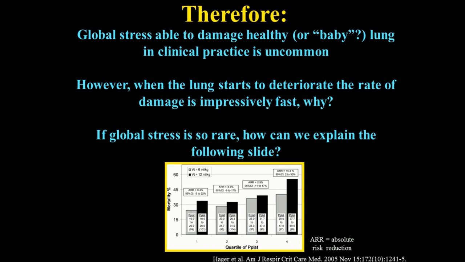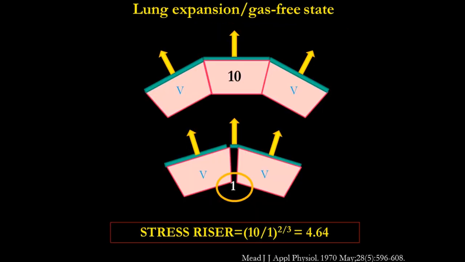So why? What is the discrepancy between the animal experimental findings and the human findings? I think everything goes back to the theory of Mead. This was in the Journal of Applied Physiology in 1970, and I strongly suggest you not just read it, but study this paper, that means take the paper and spend hours trying to understand a concept that they try to summarize very easily.